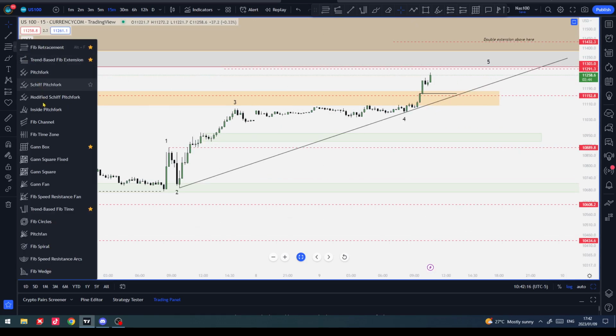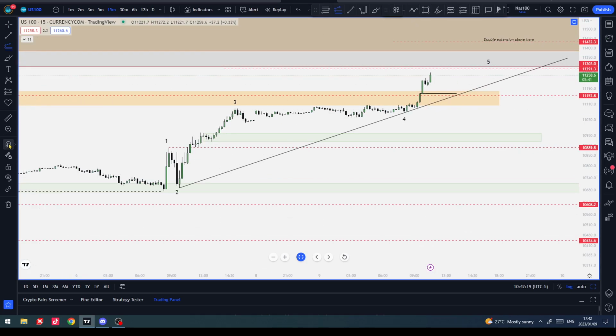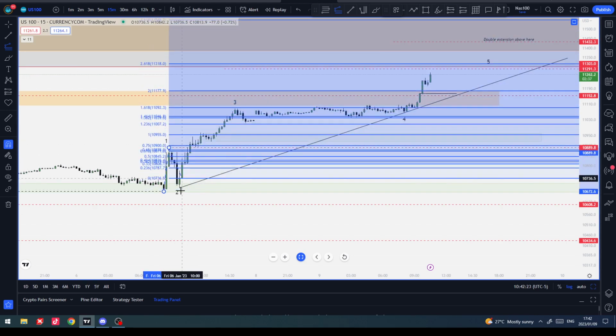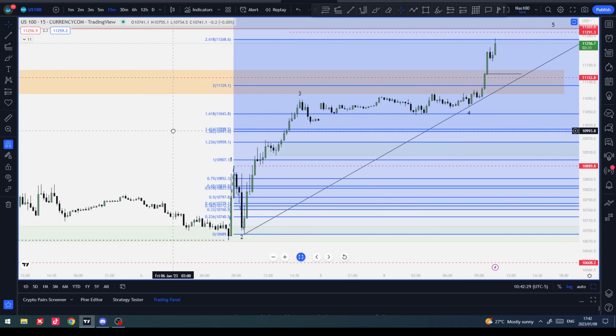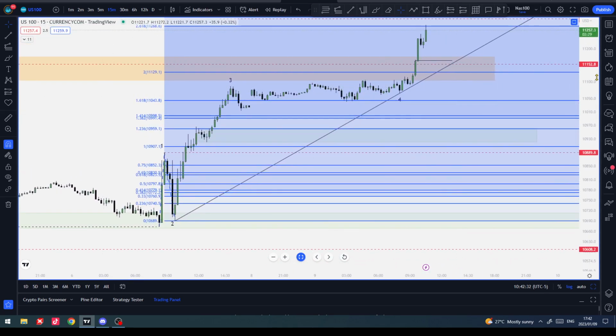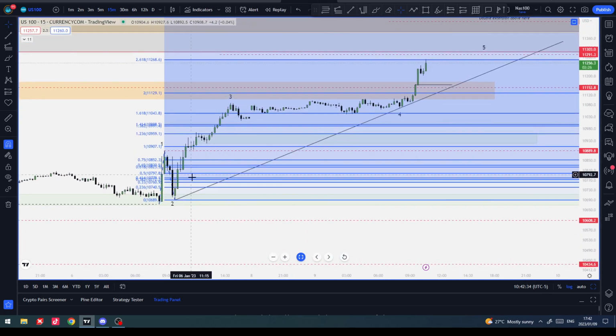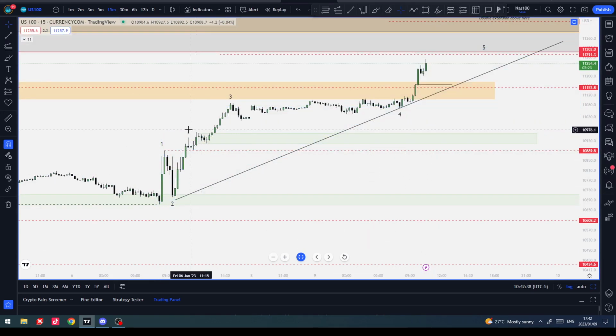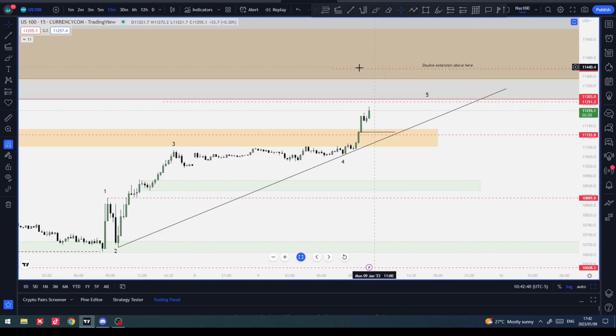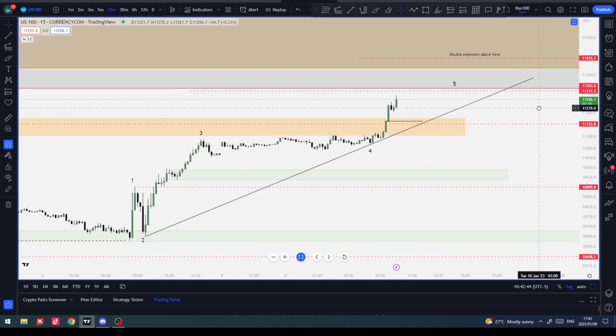If we look at the fibs really quickly, if we take the bottom of CPI, the spike up was wave 1, the retracement was wave 2. You can see it hit the 1.618 extension, so that's okay for the wave 3, which means that wherever wave 4 ended, we want to see wave 5 equal to wave 1, right? So we don't want to see any double extensions, and I've drawn a line here, and I'll show you what this line is, and I say double extension above there.